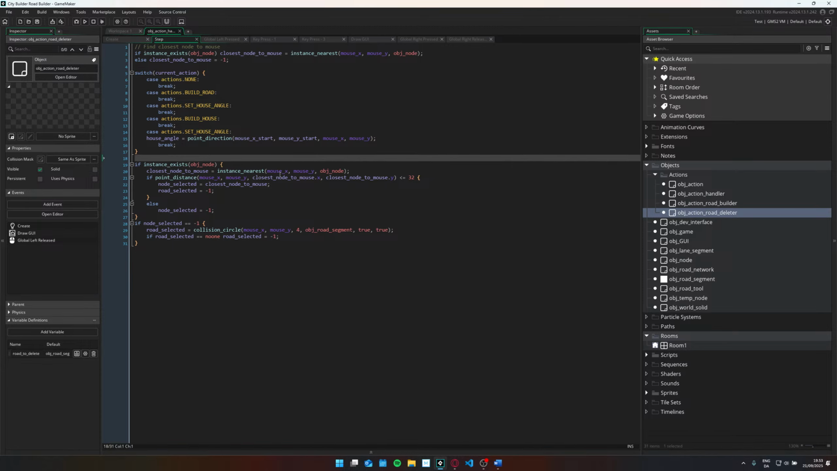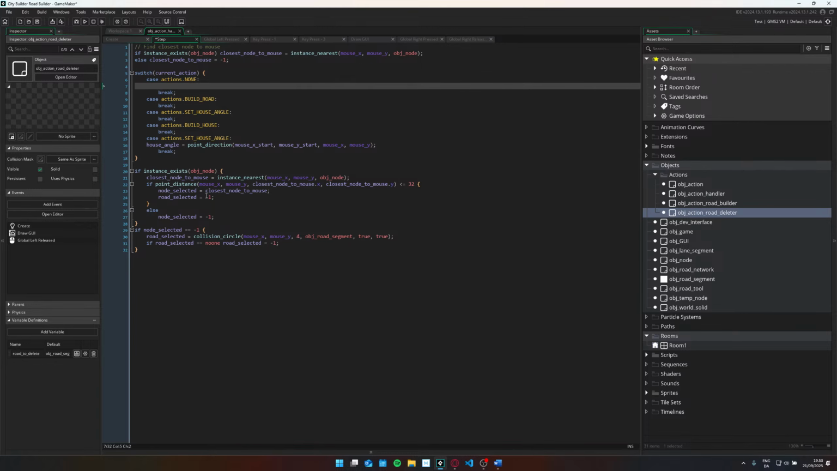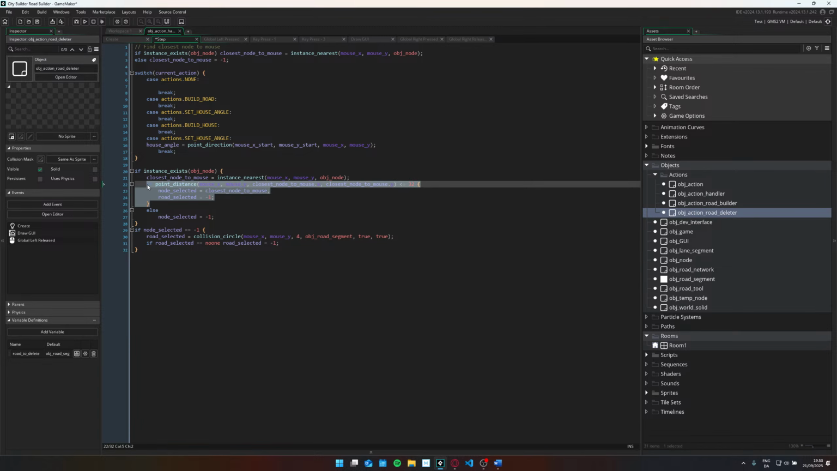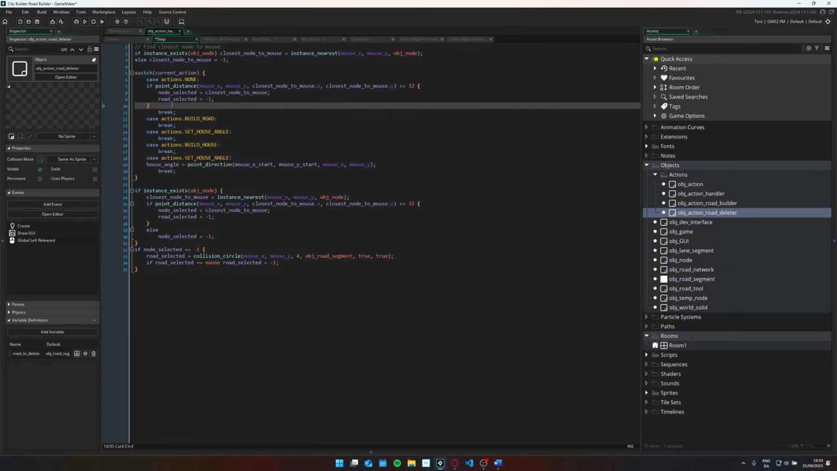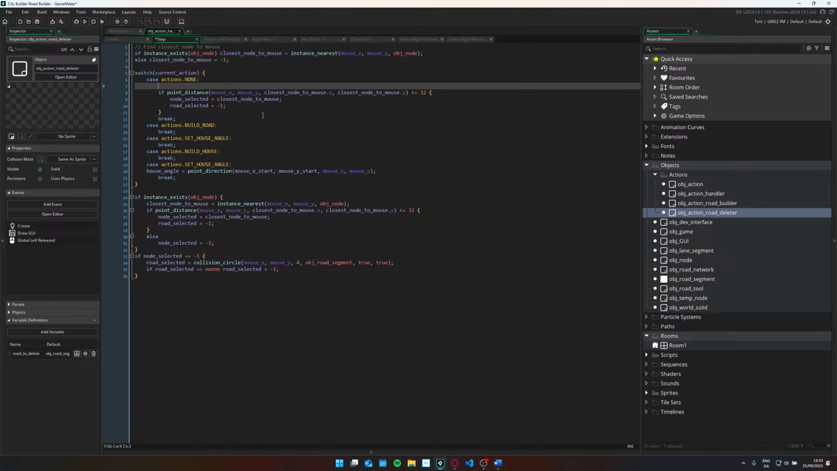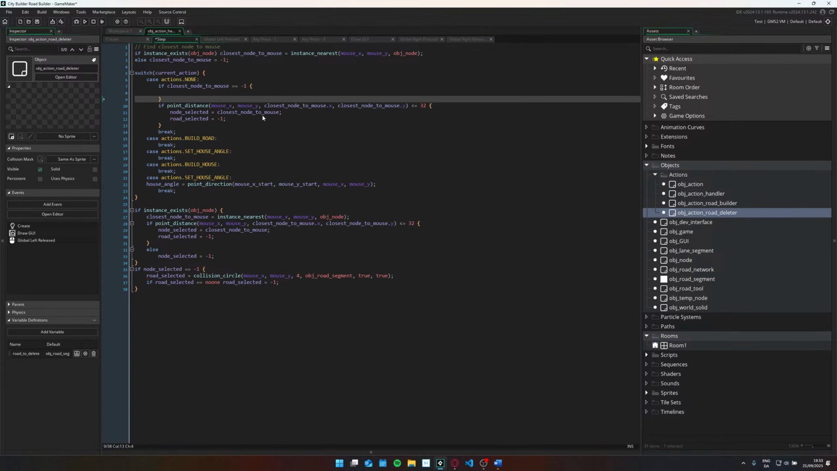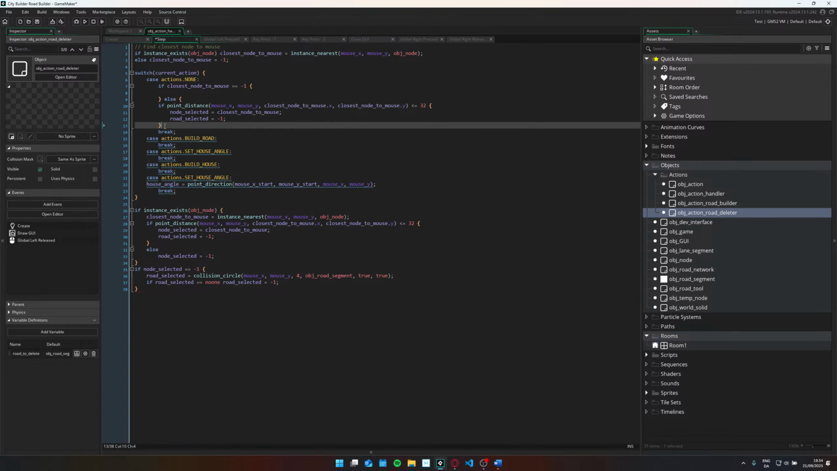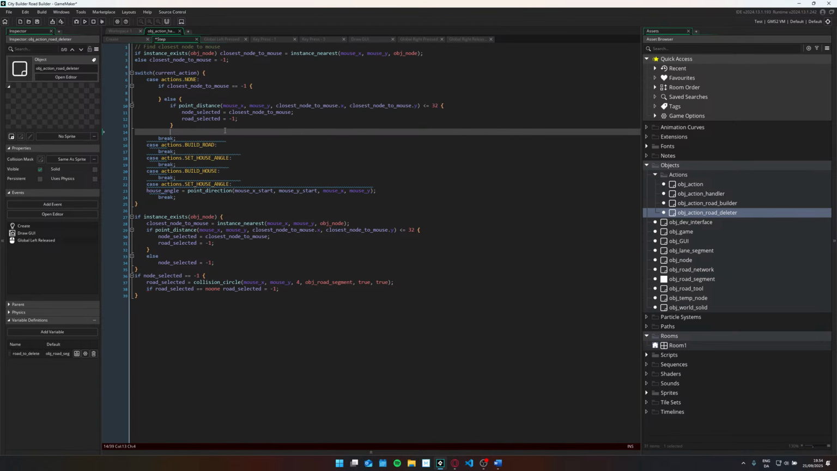But then what we can do now is, if there's none, then we can take this one here. Then we just say if closest node to mouse is, there's no node, then we do nothing, and else we do like this. Even though we don't have any functionality in here,